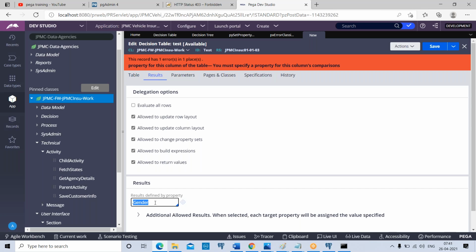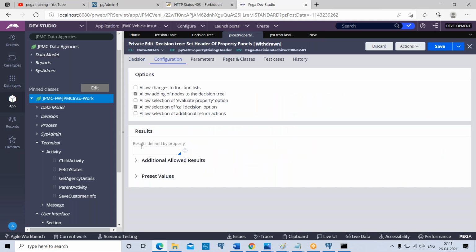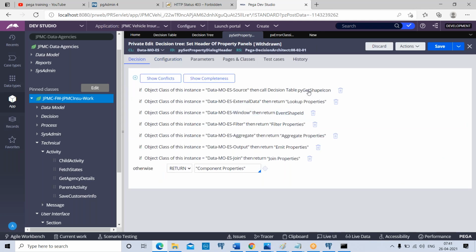You can define results in the local list of a property. That property you can call under the results tab of a decision table, or coming to decision tree, it is under the configuration tab. In the configuration tab you can define it, so that you will see a drop down for the result value here. The same is the case in tree also. So how do you restrict the results not to be written?